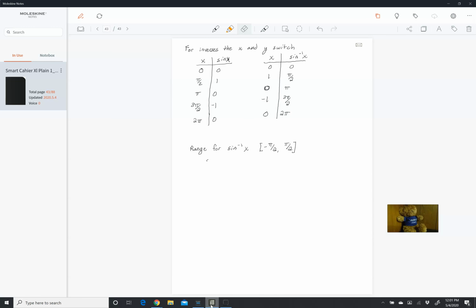And the axes are switched. So this is how you know that it's an inverse graph. As soon as the axes are switched, you know it's an inverse, and then you're looking at the range. Because the range,